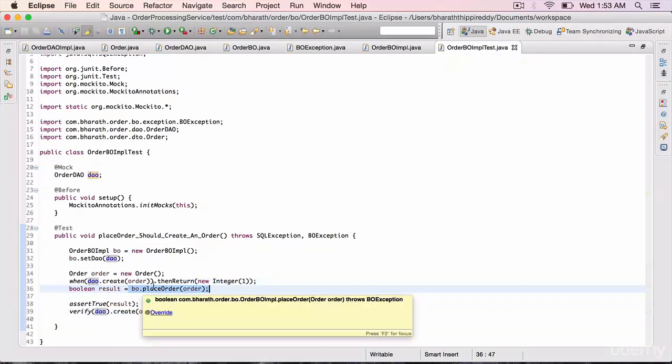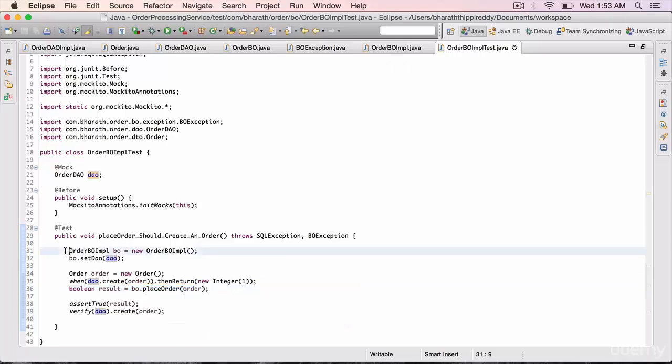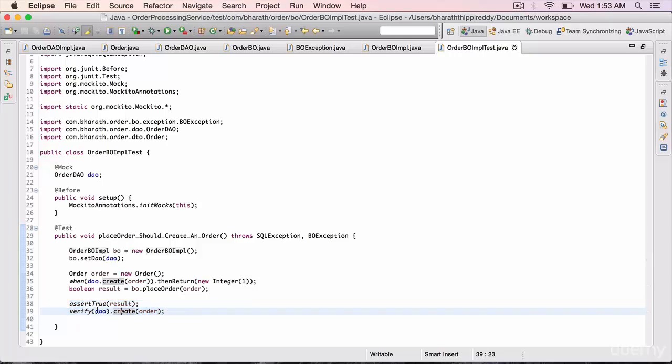So we have successfully demonstrated how to use mocking in unit testing. We have first stubbed out the class or the dependency, then we have set up the expectations, and then we have verified the results as well. This verify call can be used multiple times. By default it verifies a single time, but it can be used for multiple times. I will show that in lectures later on.